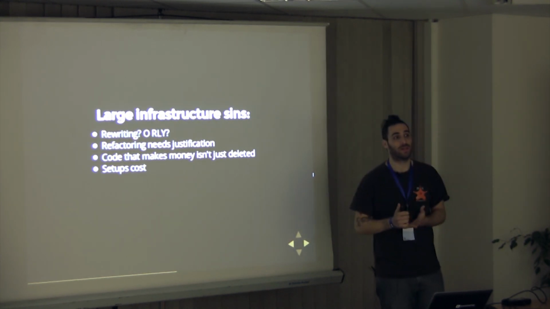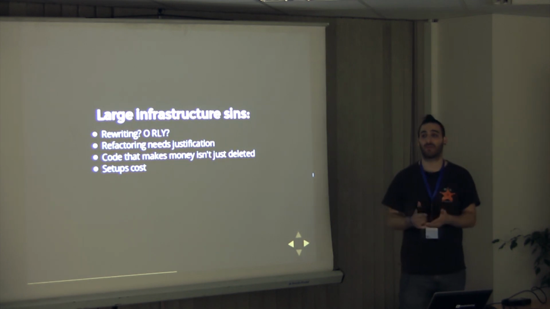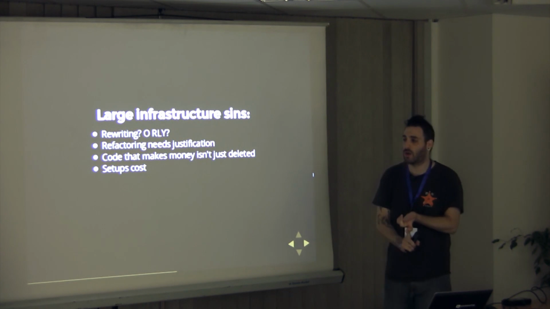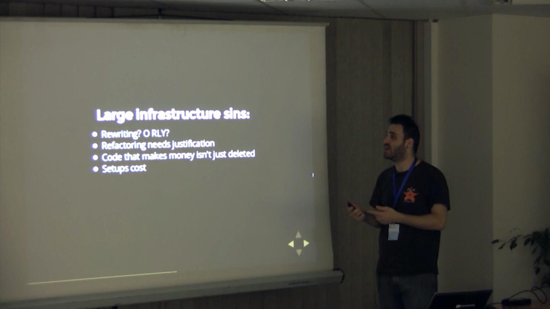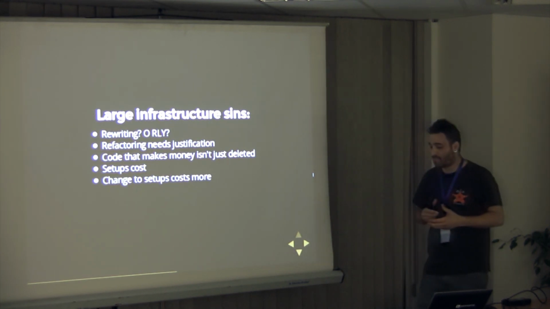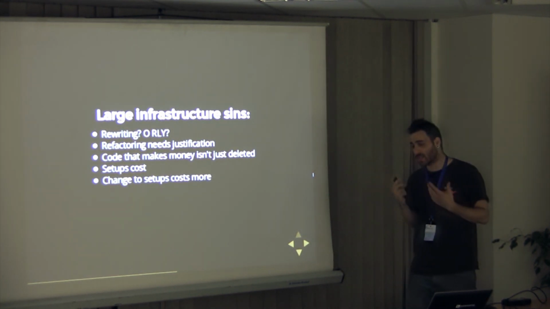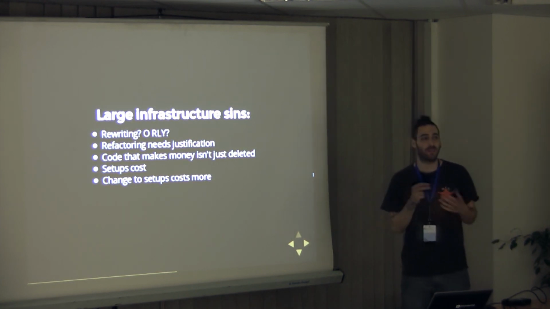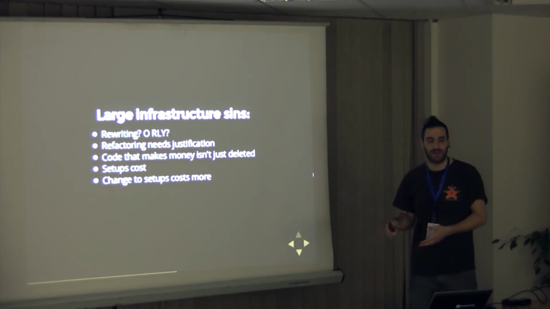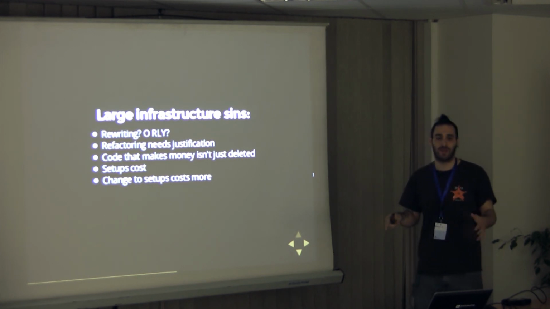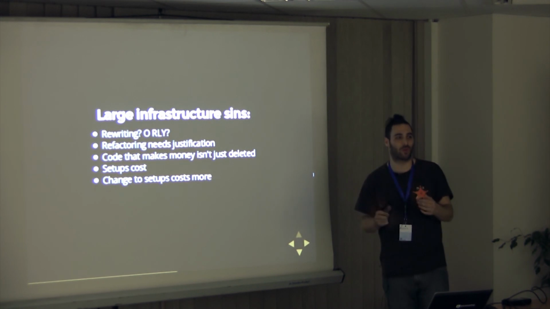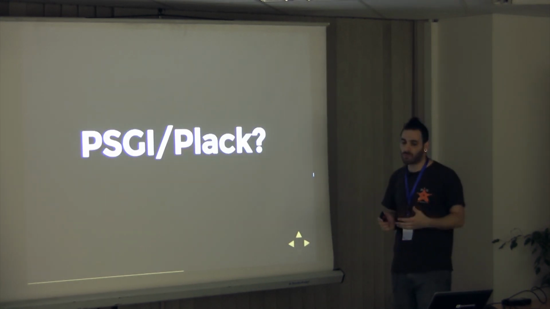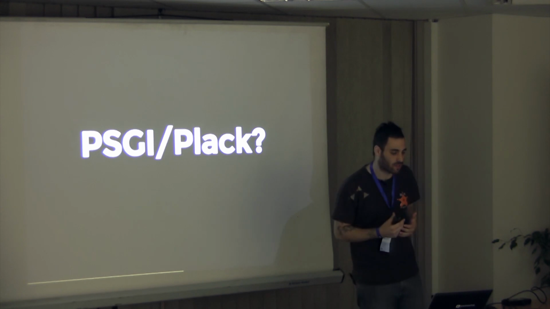Setups cost. It takes a lot of money to set up an entire mechanism for deployment, for rollback, for keeping your code, your authors. It's a lot of setup. And these setups cost. And if you change those, they actually cost even more. This is something that a lot of developers will ignore because DBAs will do it and sysadmins will do it, and we think it doesn't exist because of that. But it does exist. And that's why a company can't just say, well, we'll just rewrite it, or we'll just move to this new framework, or we'll just move to this new thing. This is a problem. The question is, how does all of this actually fit with PSGI and Plack?